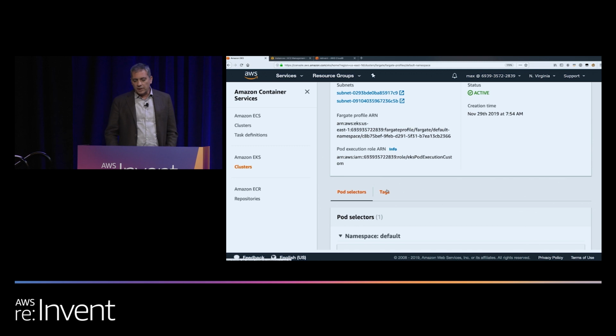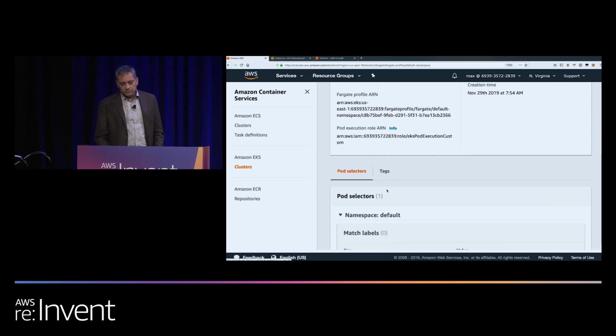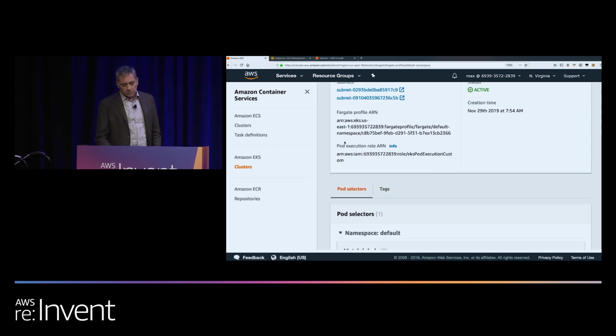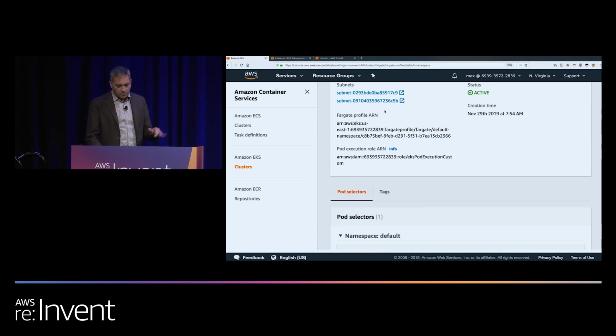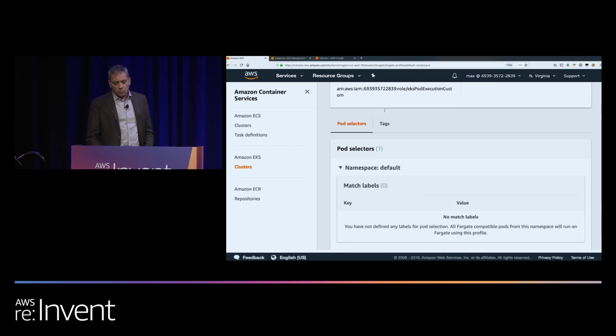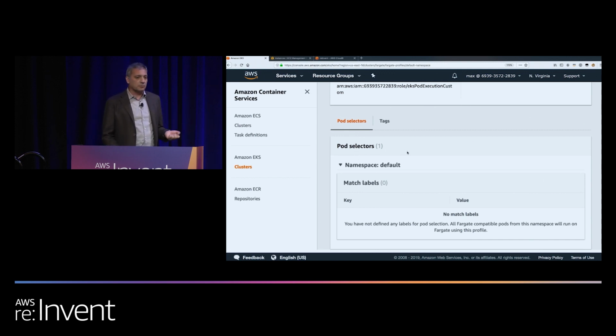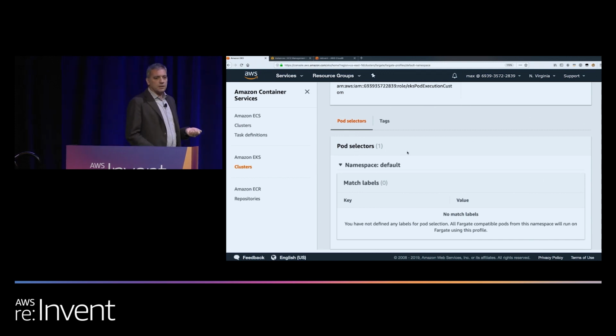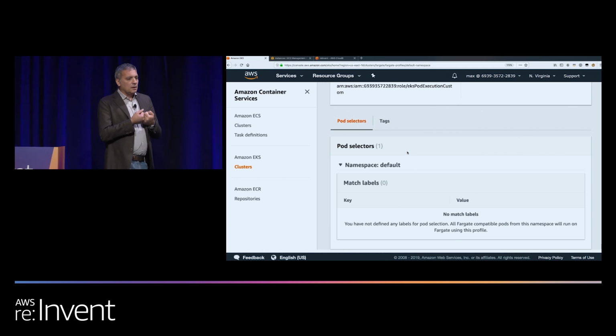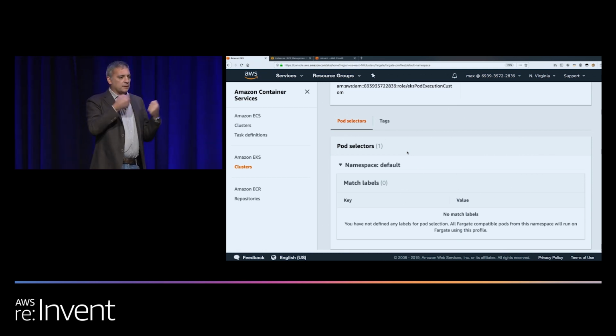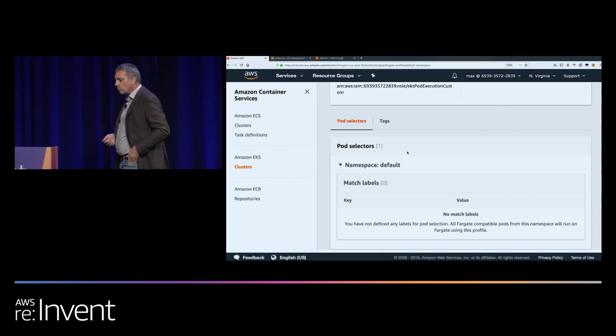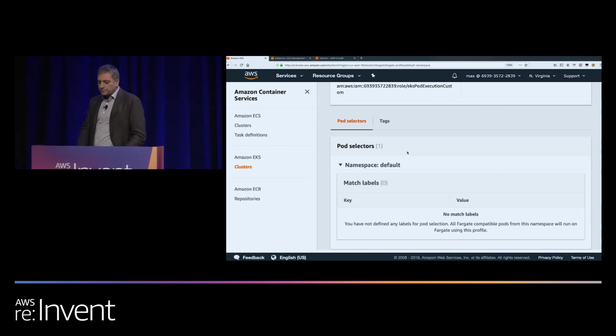Other than having to set pod execution roles and networks that we will explore in a second, we have this notion of pod selectors. The pod selector is what allows me to say everything that matches this selection will go to Fargate. If it doesn't match, it will go to the standard Kubernetes scheduler, okay?